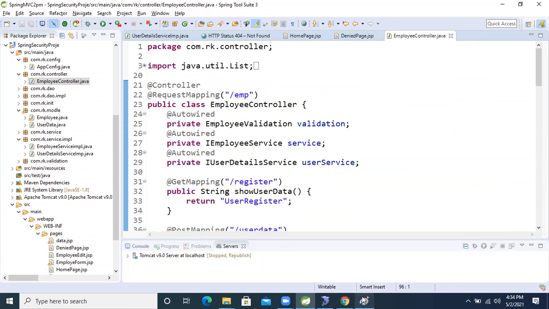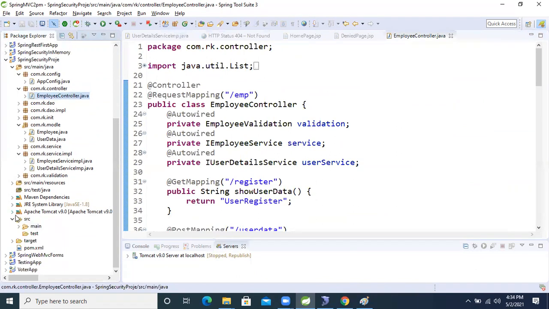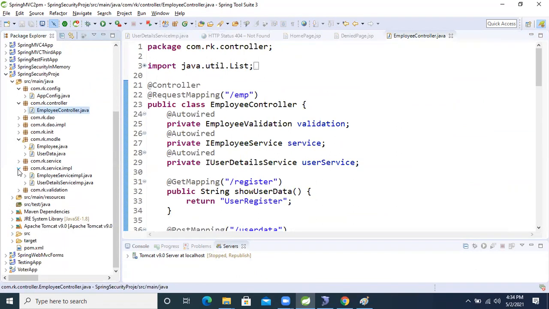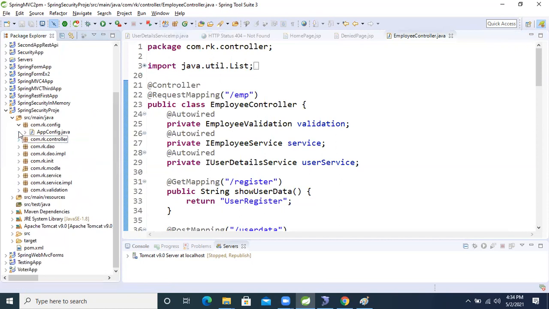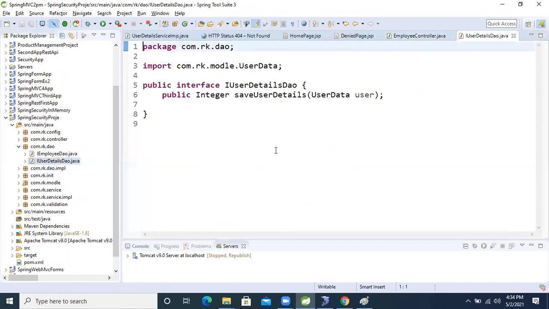So now let's next come inside that DAO layer, guys. Come inside the user detail DAO. Here we will specify one method.